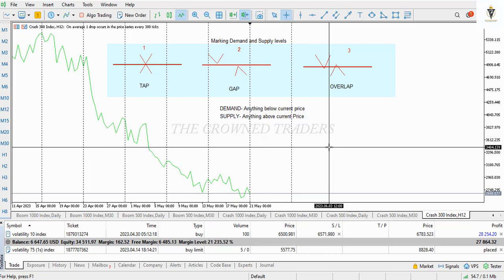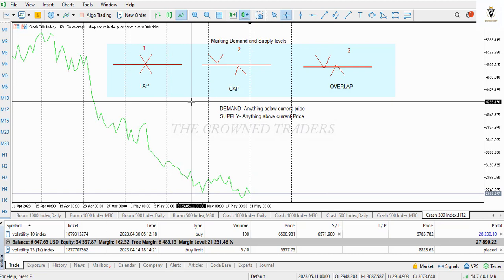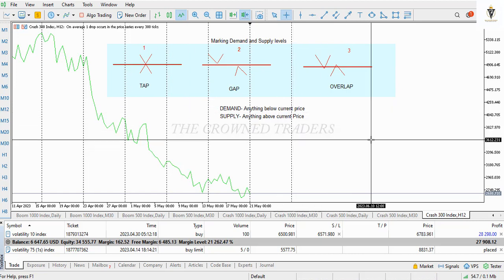Now let's go straight to the point. We are just looking for three things when it comes to drawing out demand and supply, and those three things are emphatically this on your screen. Number one of them is tab. This tab simply means that you are looking for a situation whereby